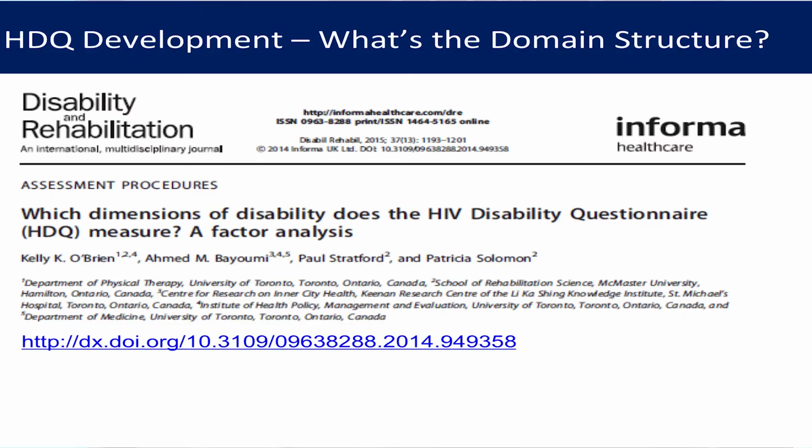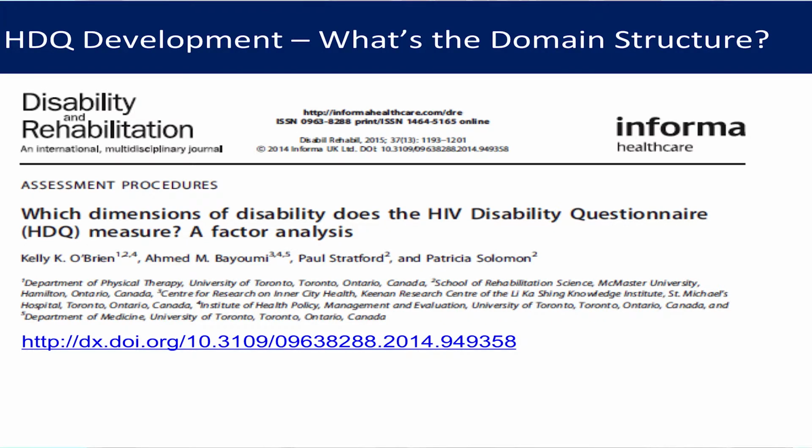Now, if you think back to the conceptual framework of episodic disability, we had 4 dimensions of disability. But when we're moving to the questionnaire development, we weren't quite sure, well, what's this domain structure? Maybe it's 4 domains, maybe it's more. So what we did was an exploratory factor analysis to try to establish what the domain structure of this questionnaire would be. We administered the tool to 361 adults living with HIV in the Toronto area, and we found that